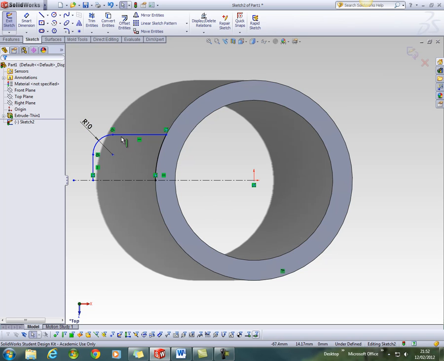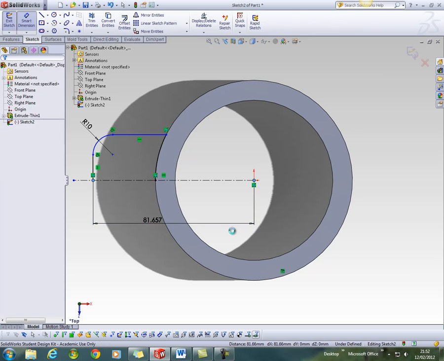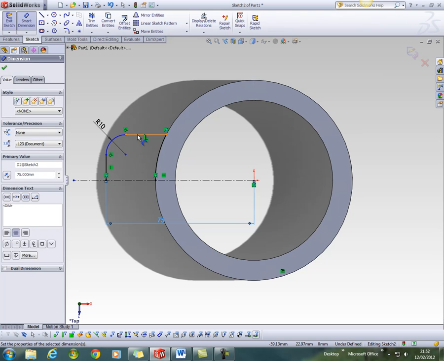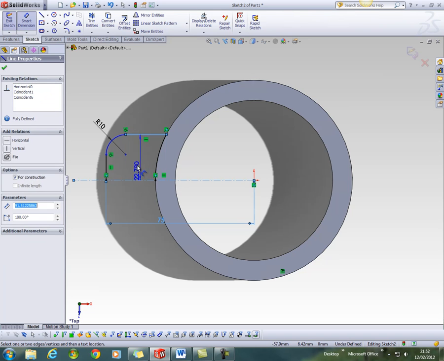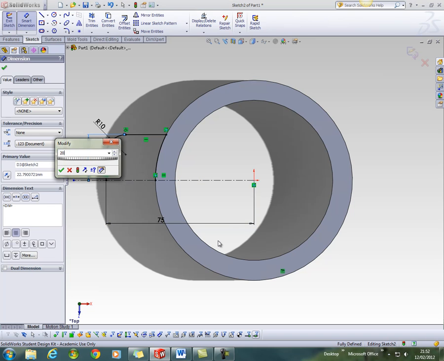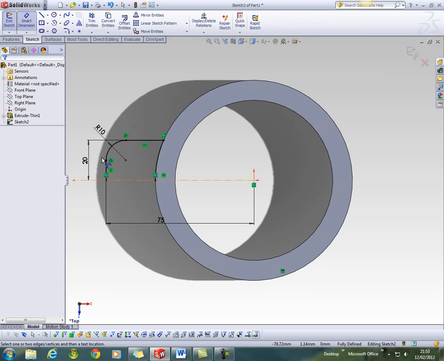Lastly, all I need is a couple of dimensions to finalise the positions of these extra lines. So one dimension from the starting point to the centre line, and we'll make that 75mm, and one that's the width, and make that 20. Now that everything has gone black and it's fully defined, I can carry on